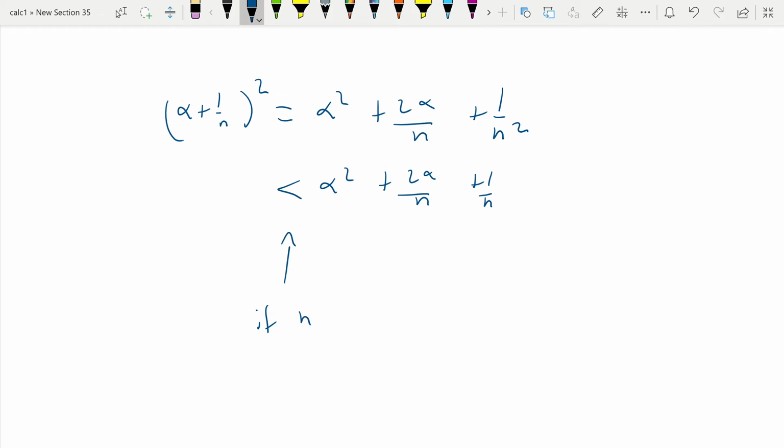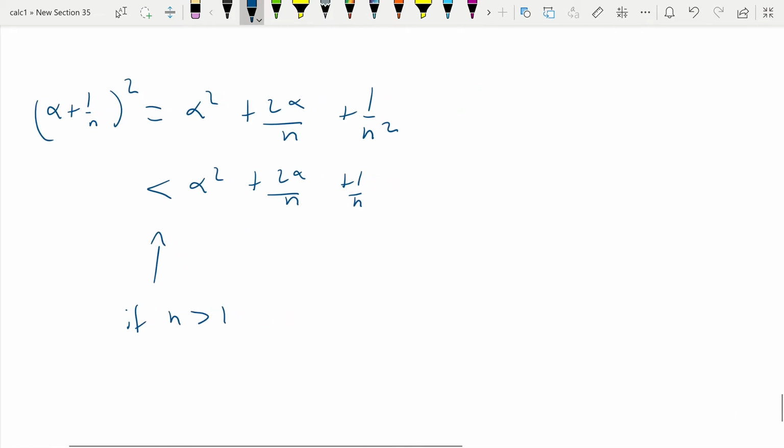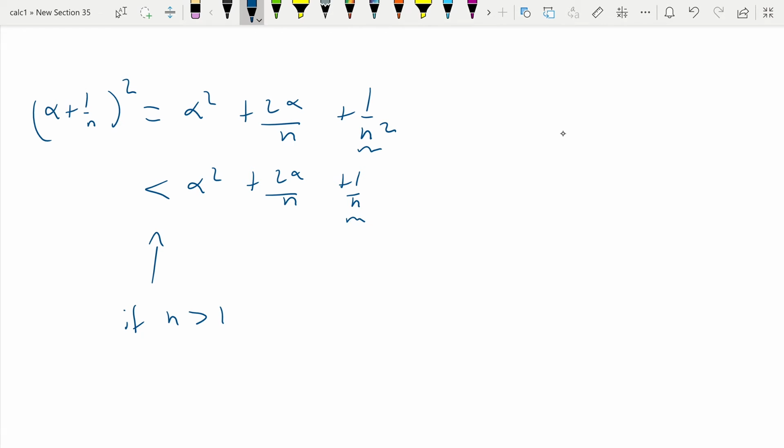if n is greater than 1, this is certainly the case. Let's see why. Because 1/n squared will be smaller than 1/n. To see this, we multiply by n on both sides of this inequality. Remember that n is positive, so we don't mess up the order of the inequality. We have that 1/n squared is less than 1/n, so we have that 1/n is less than 1, which is